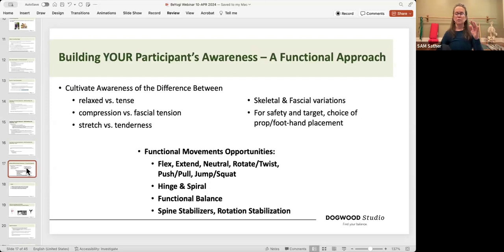So with all this in mind, a gift, again, is teaching people when they've relaxed something, so a muscle relax versus they're tense versus compression. So skeletal compression, and most of the time skeletal compression is not bad unless it's loading a joint, like in osteoporosis.